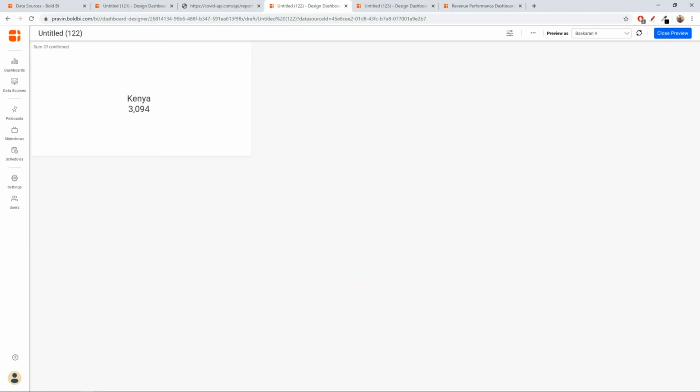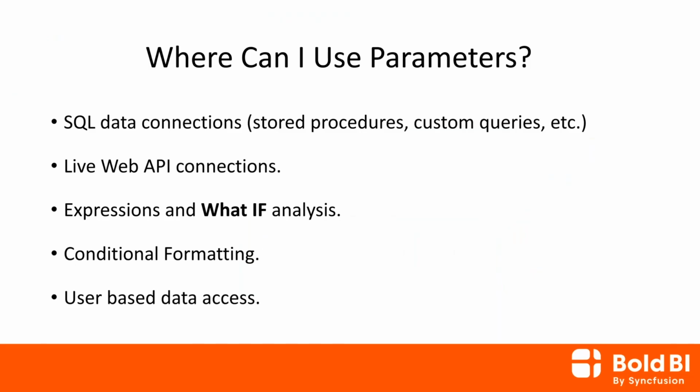Okay, so these are the different use cases which we have now offered for the parameters. Hope this session gave you a good idea of where to use parameters and when to use them without having to use static values in any of your dashboards. We're also looking forward to adding more use cases for this parameter feature, including filters, top-N conditions, and so on. And in future, you'll also have access to directly adding the parameter values in the conditional formatting window, where you now indirectly add the values using expressions, and many more improvements to be added to this feature.